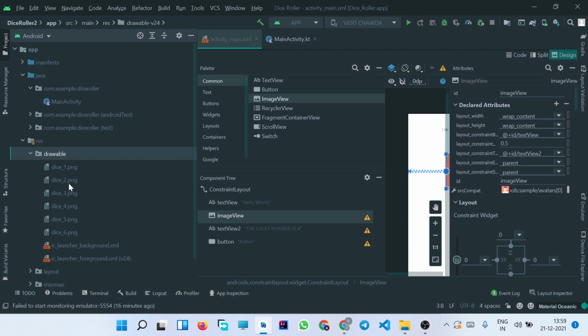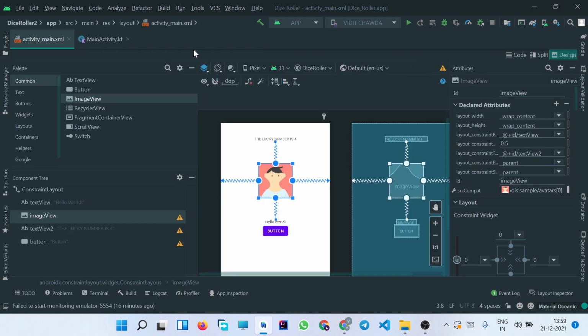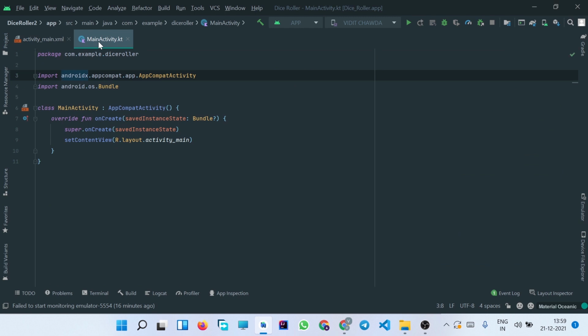You can check all the 6 images have been copied in the drawable folder. Now since we have created our user interface, let's get back to the Kotlin file and write the logic.